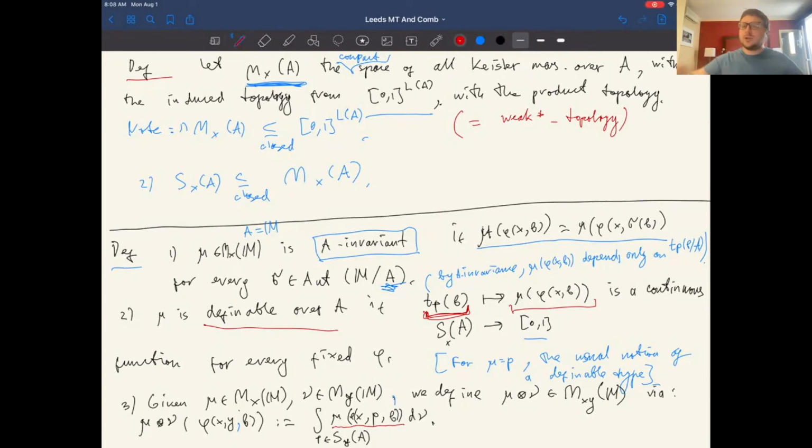Excuse me, yes, question. Don't you need p to be a type over AB? Type over, oh, of course. Thank you very much. I'm sorry, I wrote some nonsense again. Yes, we need this to be a type over AB. And this still makes sense, because if we knew that mu was invariant over A already, then it's in particular invariant over AB. So the explanation I just gave still makes perfect sense. But there's a little bit more to check. You need to check that this is indeed well defined.